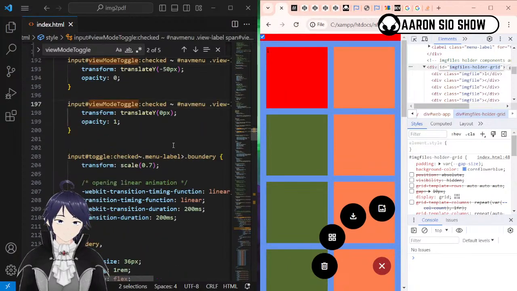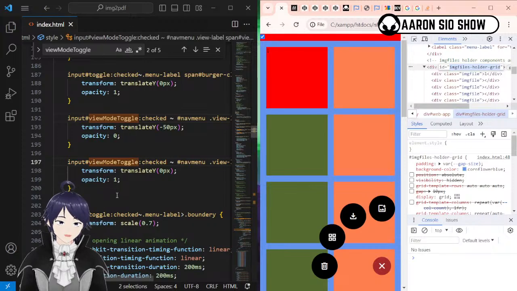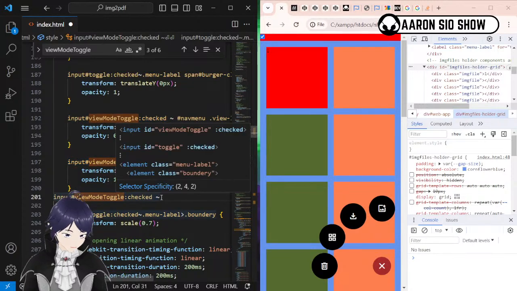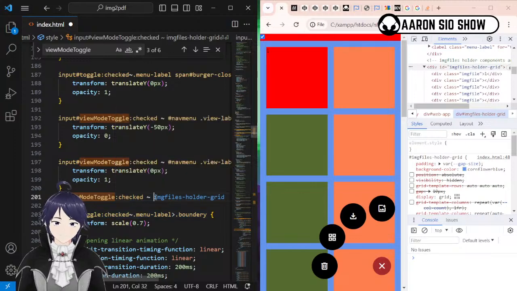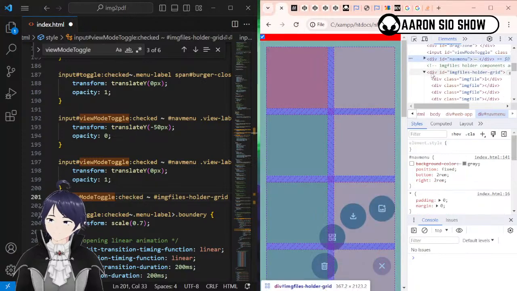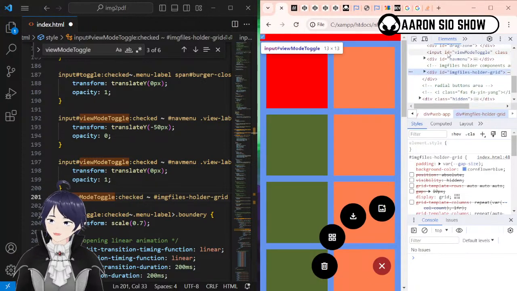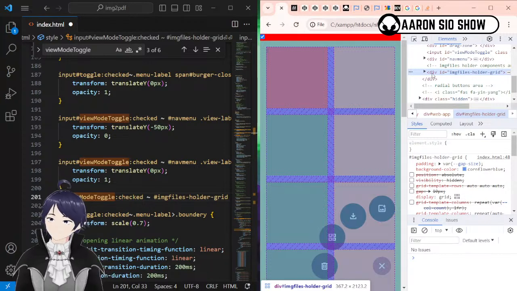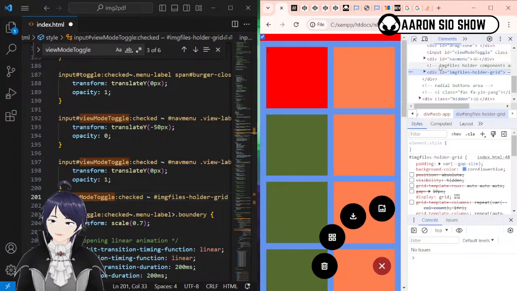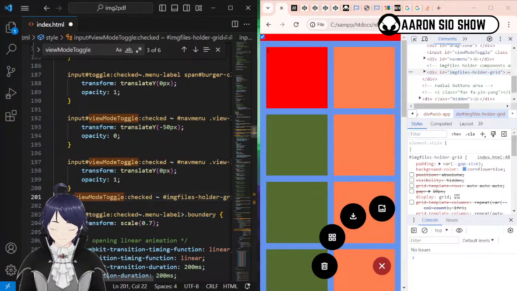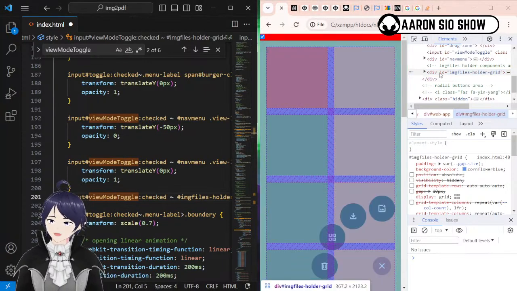Whenever the input view toggle is checked, this one, probably they are siblings, I hope. Let's see. It's okay, they are siblings. So they are right beside each other. So whenever we select this one, we would like for,